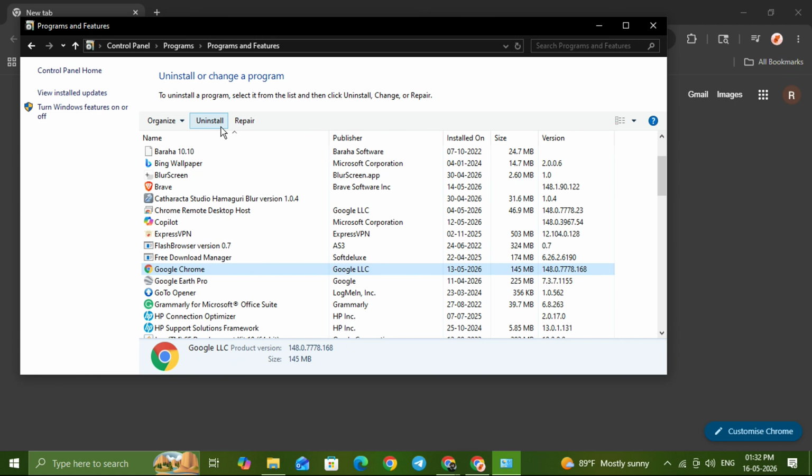And that's it. You've now successfully disabled Google Chrome on Windows 7 or Windows 8.1 by uninstalling it through Control